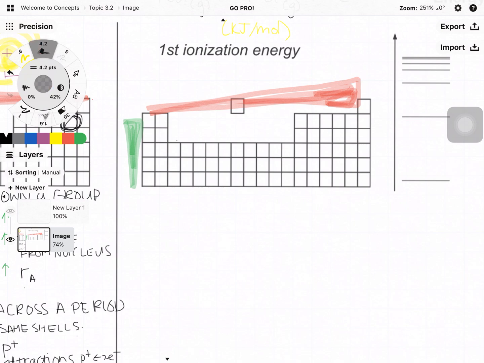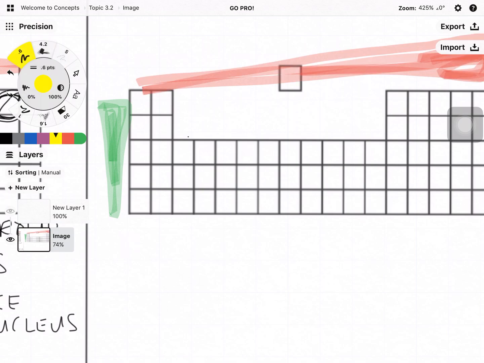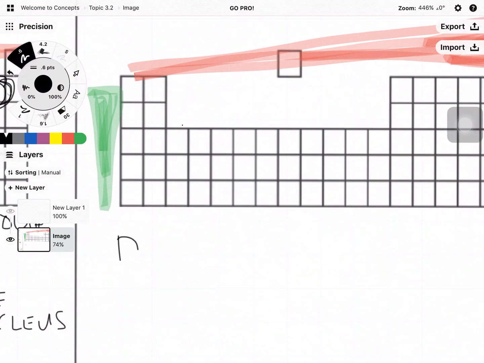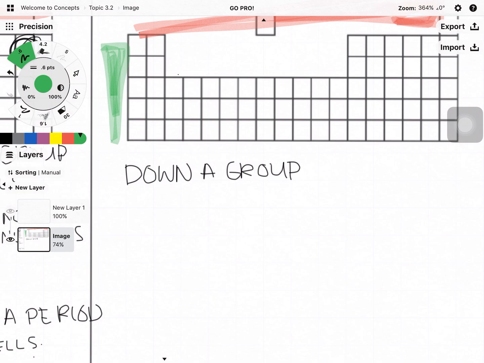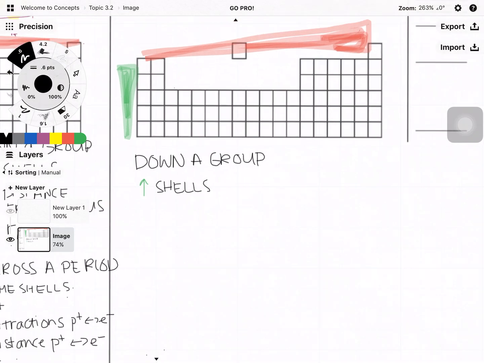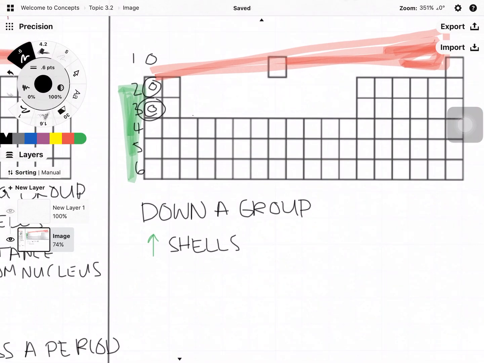Let's first start with down a group. As we go down a group, as we saw in atomic radius, we have more occupied energy levels. So there's an increase in the number of energy shells. Again, if you forget, remember that we can number our periods. Elements in the first period have 1 occupied energy shell. Elements in the second have 2. Elements in the third have 3, etc. So we have an increasing number of shells, and therefore